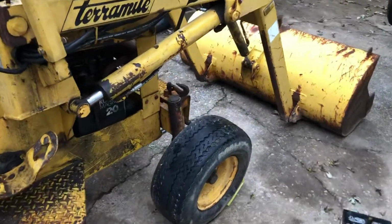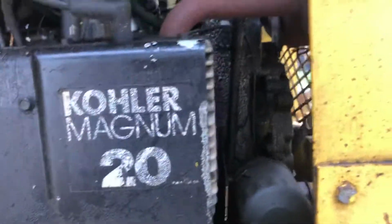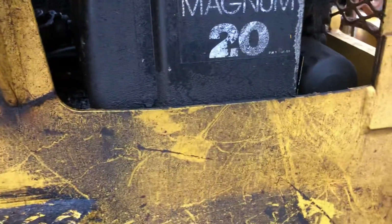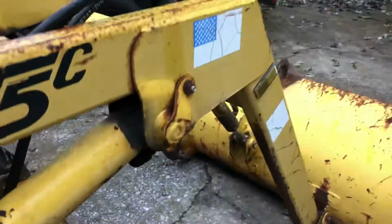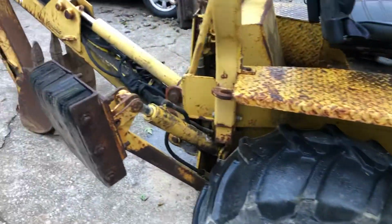It's got a Kohler Magnum 20 horsepower engine in it. And again, it's very oil covered, very dirty. The whole thing just needs a really good pressure wash, which I'm going to do later today. But yeah, it's got the